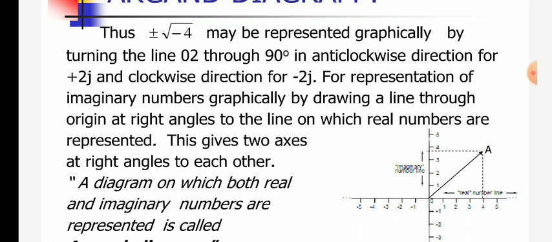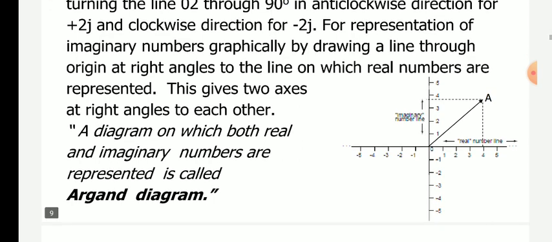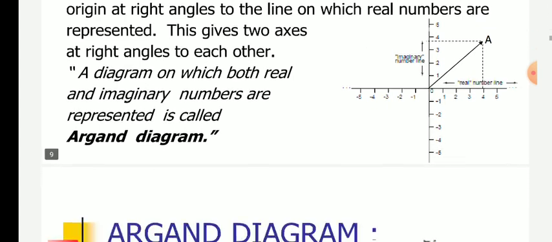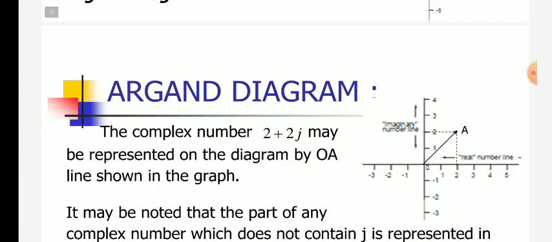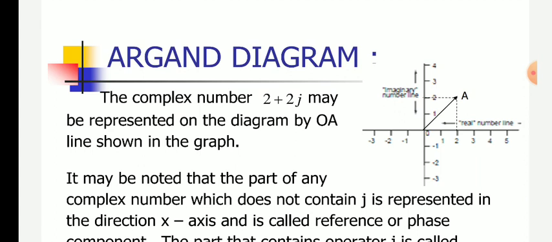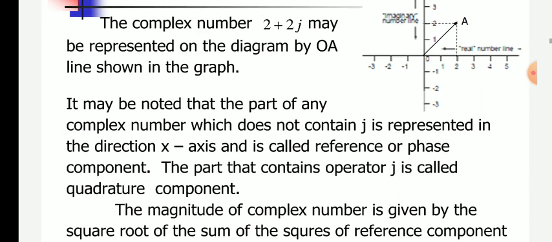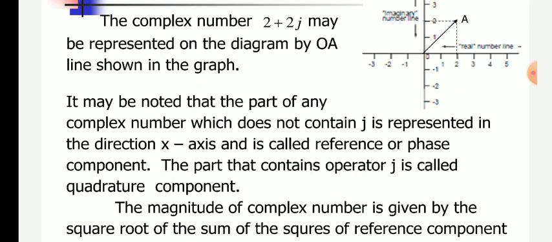This gives the two axes at right angles to each other. A diagram on which both real and imaginary numbers are represented is called an Argand diagram. So thus we can represent the complex number 2 plus 2j on the Argand diagram by the line OA shown in the graph. It may be noted that the part of any complex number which does not contain j is represented in the